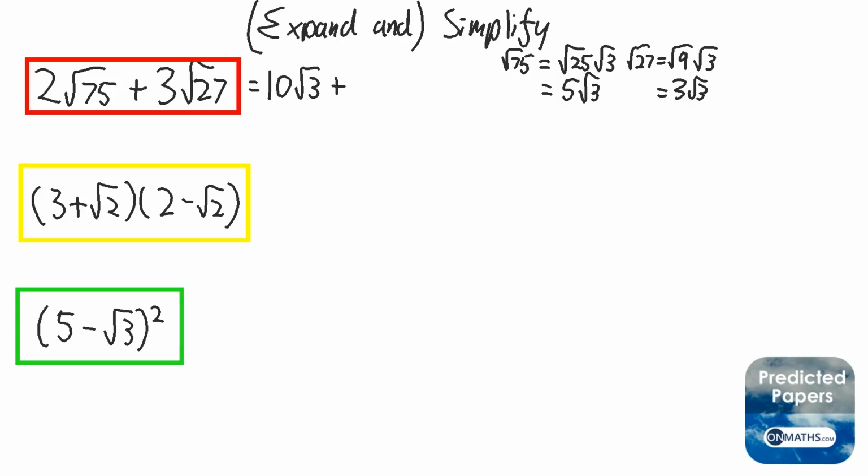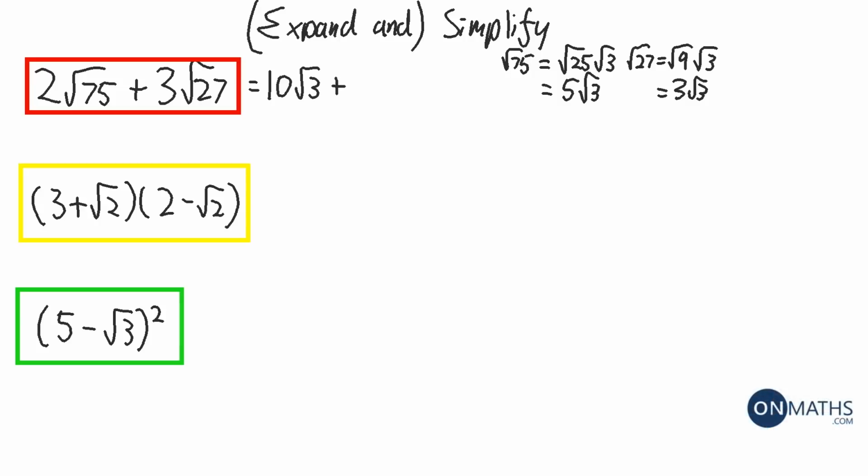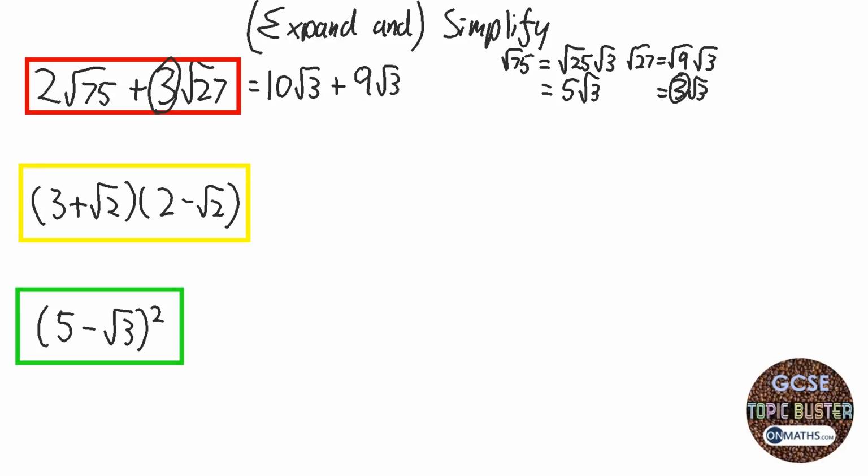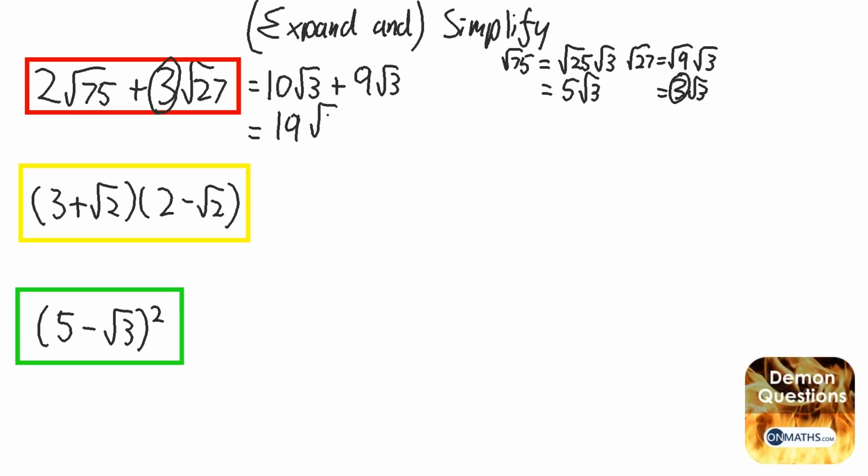And the second one, instead of 3 root 3, it's got a 3 before it, so I'm going to times the 3's together to make 9 root 3. So the 3 here, I'm timesing by the 3 here to make 9. Now, like algebra, if this was 10x plus 9x, you would know it was 19x. Surds work the same way, but instead of x, we've got root 3. So 10 lots of root 3 plus 9 lots of root 3 are 19 lots of root 3, and that's